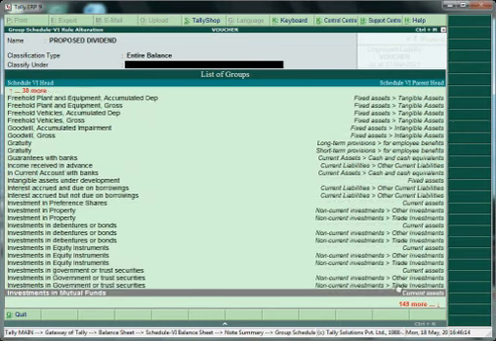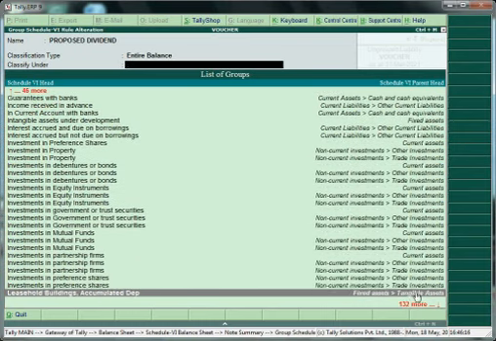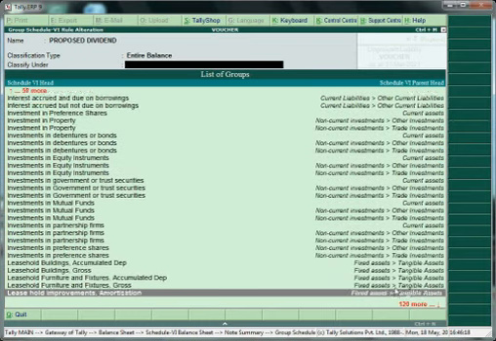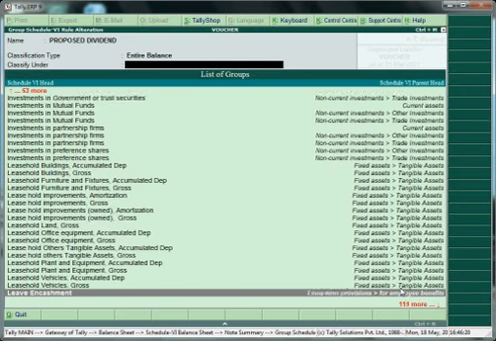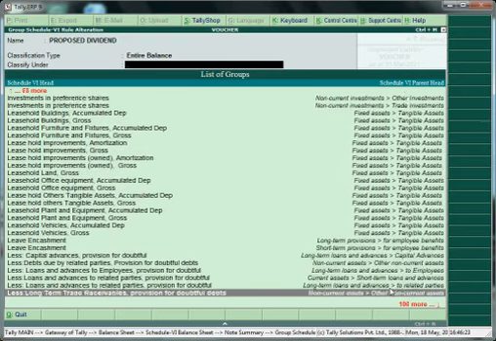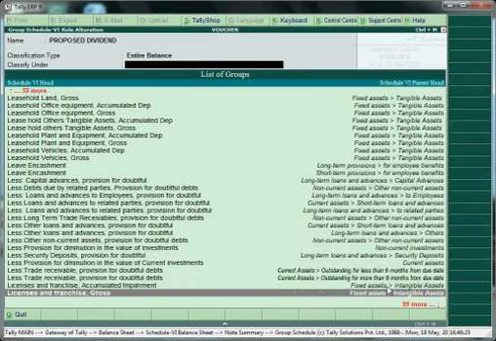We have to find here from short-term provisions and then others. Let's find it.